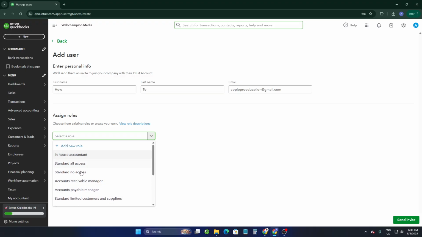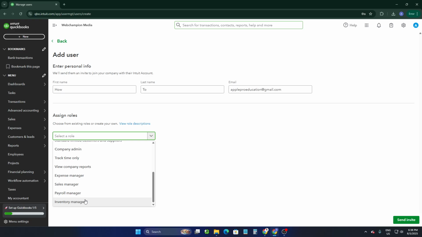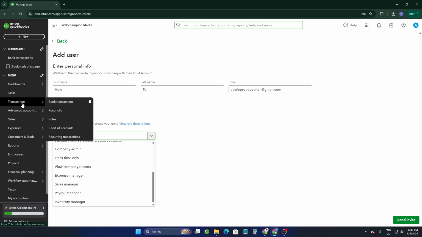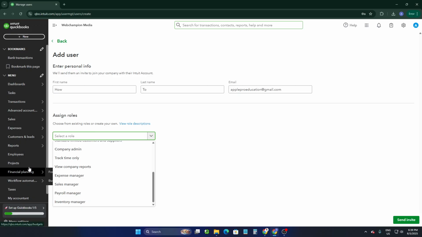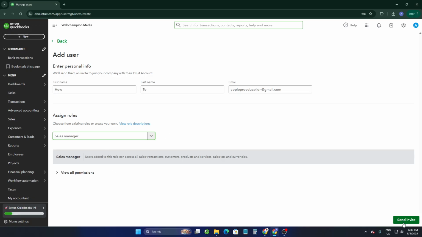You can find there are different types of roles that will allow this user to access certain features that are related to that role. Like the sales manager will get access to your transactions and invoicing in your sales section, some of the customers and leads section, the reports section, workflow, and the financial planning section here. So if you click on sales manager and simply click on send invite,